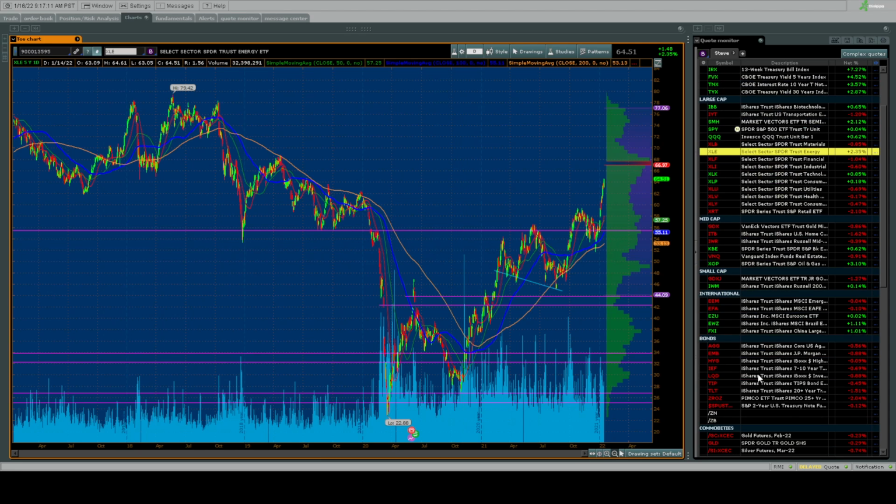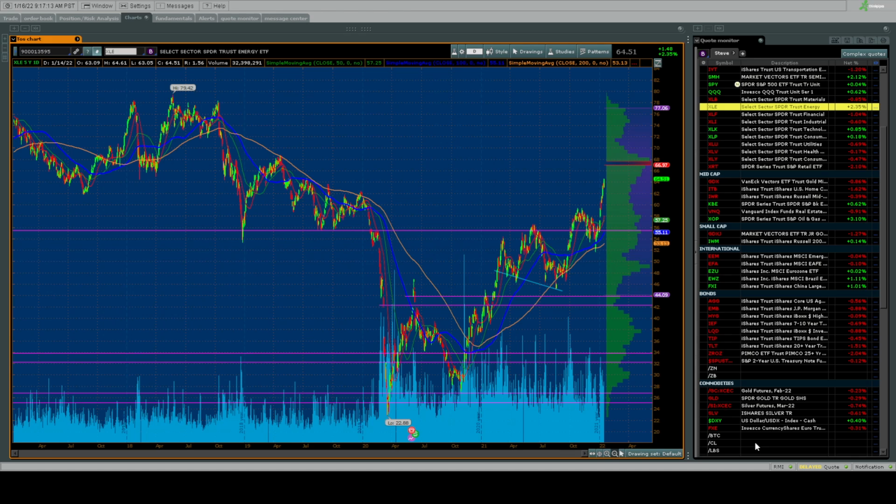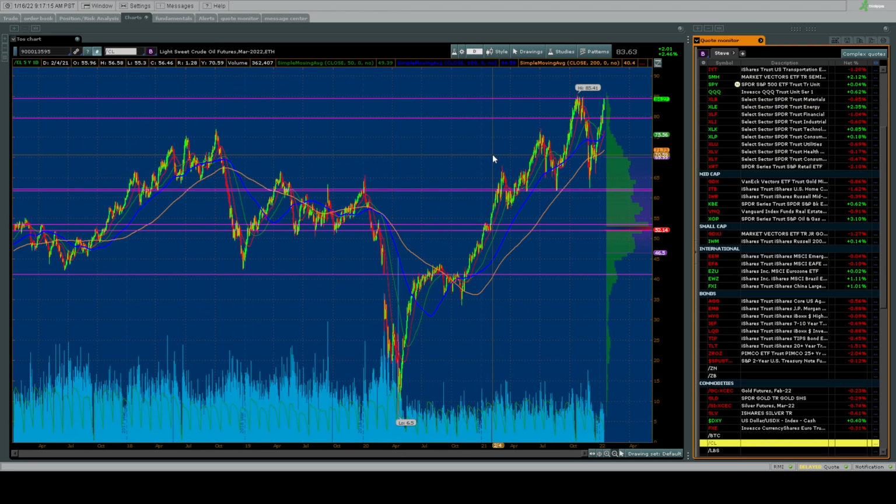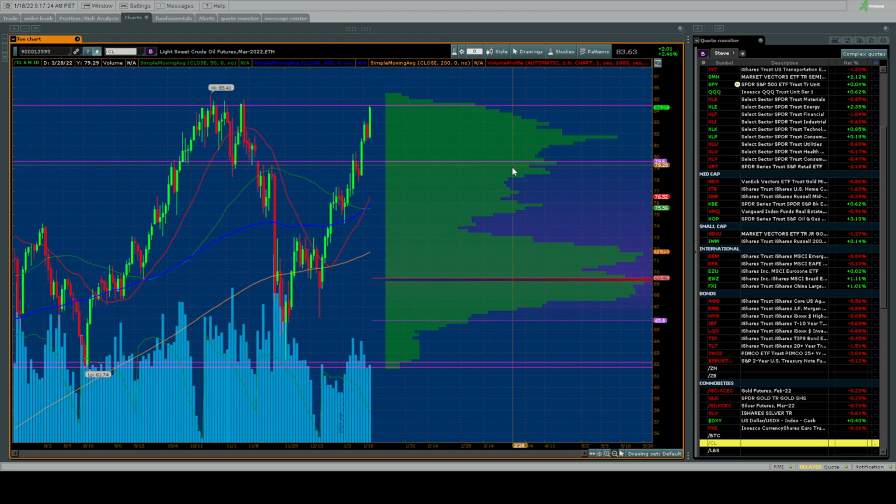Let's take a look at crude, because crude paints a little bit different picture, telling us that perhaps those energy stocks are far ahead of themselves. And what do we talk about with crude? That when it was down in here, hey, this thing could make an easy run up to 80. It was holding the 200-day moving average. And sure enough, what did it do?